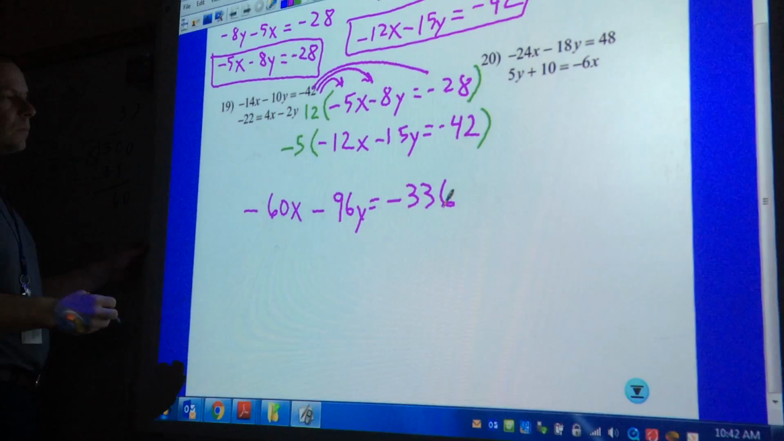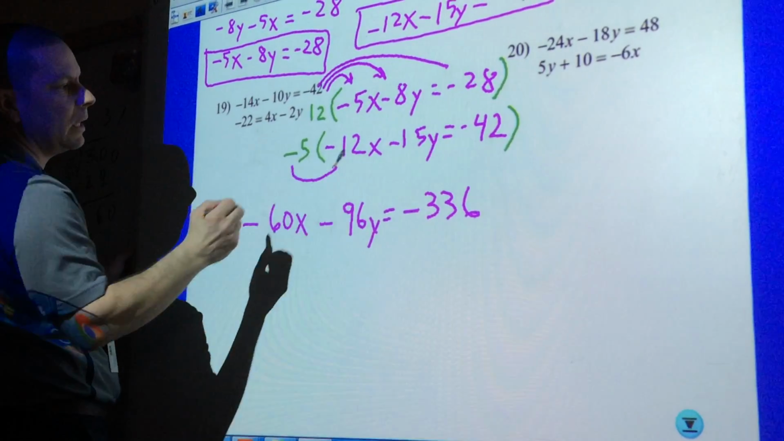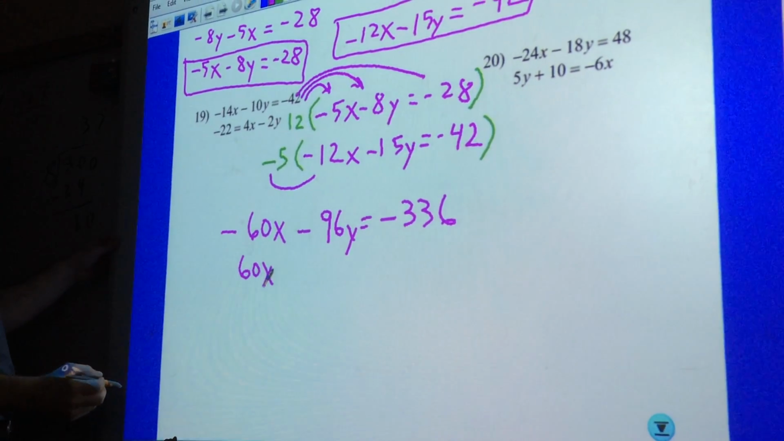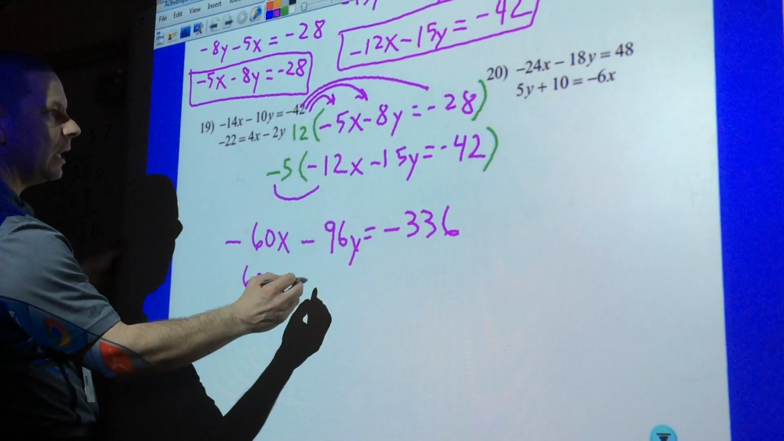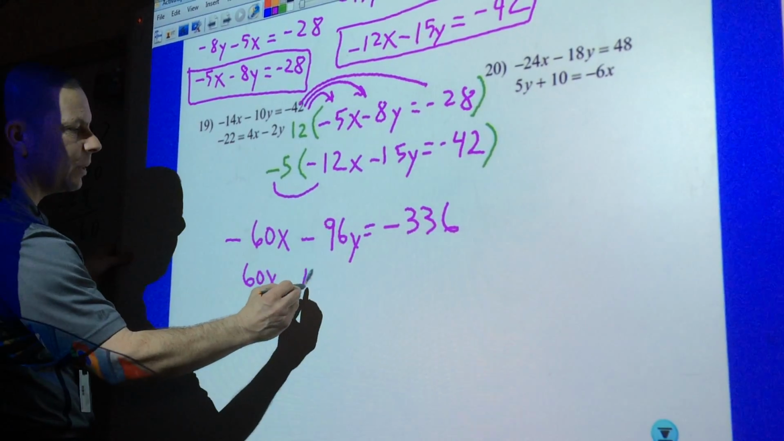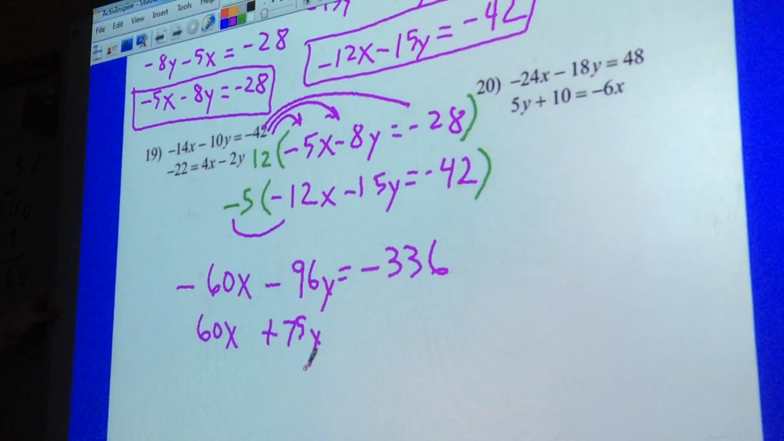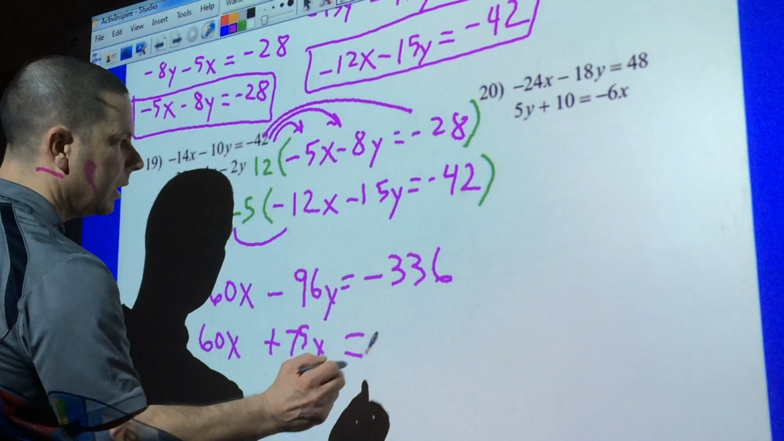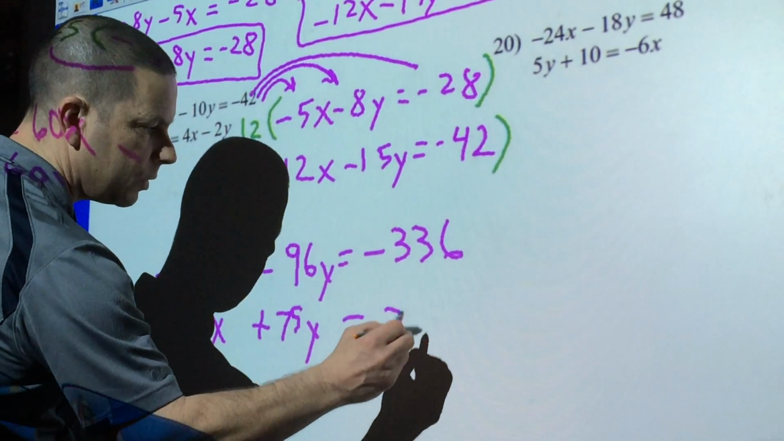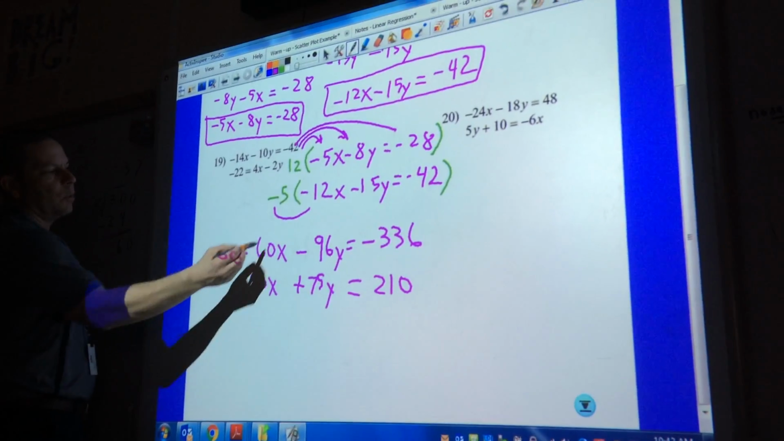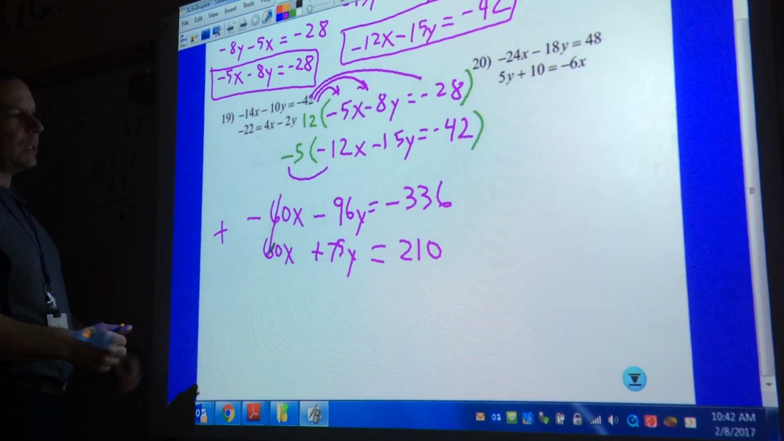336. The bottom row, negative 5 times negative 12x is 60x. And negative 5 times negative 15y gives me positive 75y. And negative 5 times negative 42 is positive 210. Okay, so the x terms will be eliminated when we add both rows. Negative 90